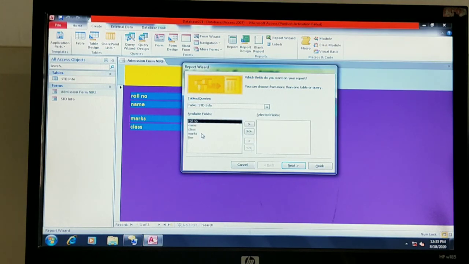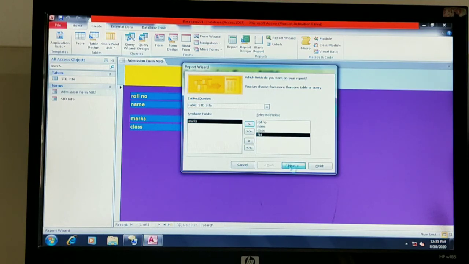Or if you want only selective fields, click on that particular field and then click here. First I need the roll number, next the name of the student. I don't want marks, I don't want fees at first. If you want the class also, you can just click here. I don't want marks, but I want fees, so I will take fees. So: roll number, name of the student, class, and fees.